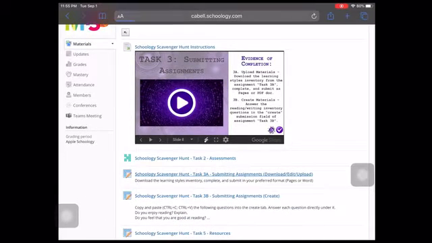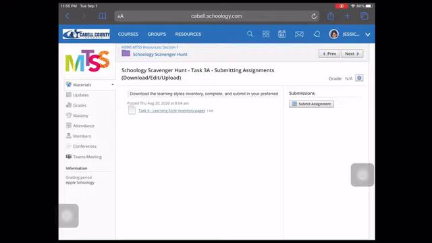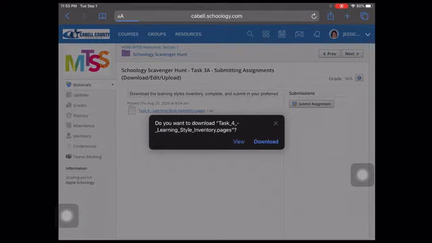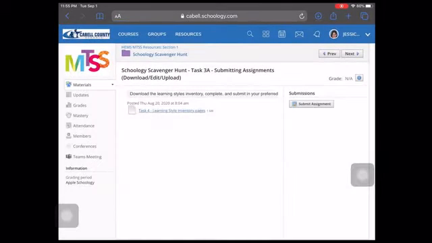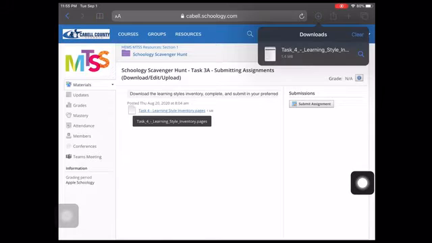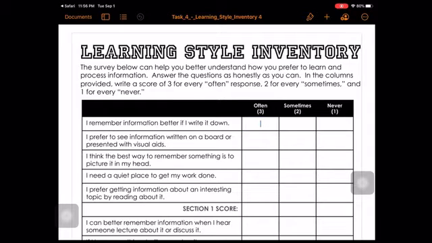So now we're going to go to task 3A and click on a Pages document. Once we click on the Pages version of Learning Style Inventory, we hit Download. And up in the top right hand corner, a little down arrow will appear beside the search bar. We're going to click on that to see all of our downloads. And we're going to click on our Learning Style Inventory, and it's automatically going to pop up into the Pages